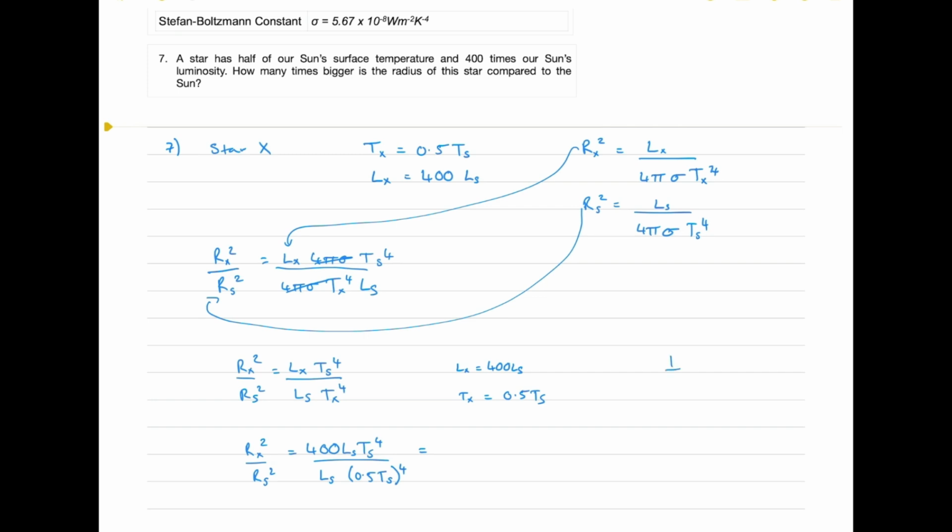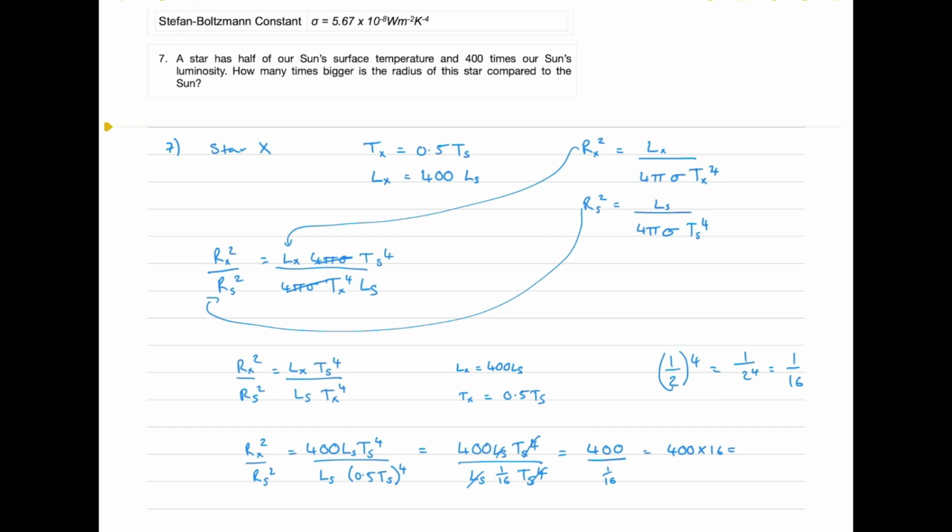Obviously 0.5 is equal to half, and if you do that to the power 4, that is 1 over 2 to the power 4, so it's 1 over 16. So let's substitute that in. 400 Ls Ts to the power 4 over Ls 1 over 16 Ts to the power 4. Let's cancel out the Ls, cancel out the Ts to the power 4, and we're left with 400 over 1 over 16, which is equal to 400 times 16, and our answer becomes,